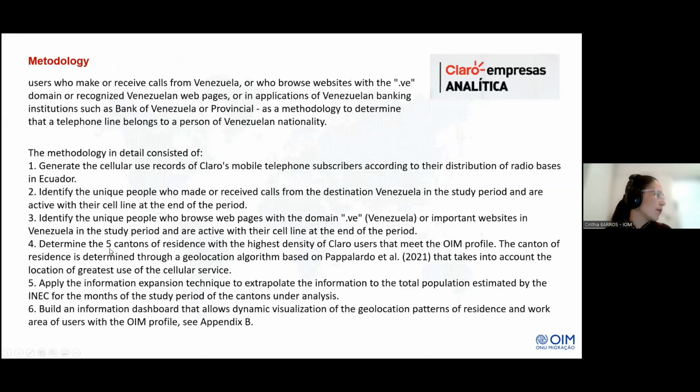Determine the 5 cantons of residence with the highest density of Claro users that meet the IOM profile, so we can